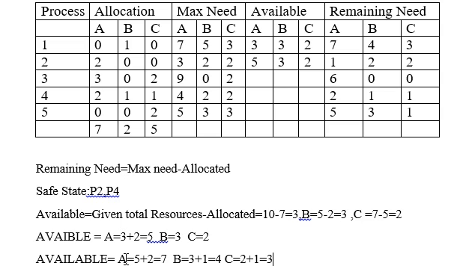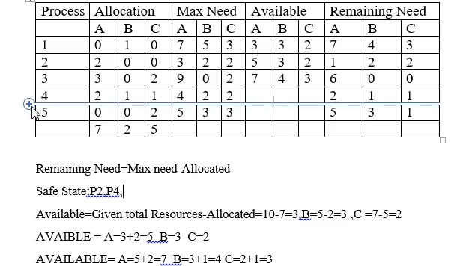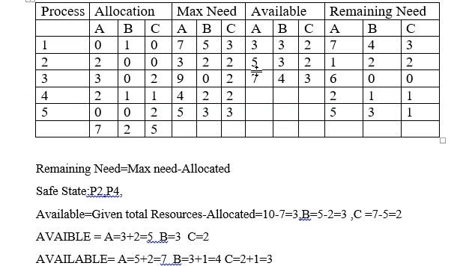So your new values of A, B and C are here. A is 7 available, B is 4 available, and C is 3. Alright, so we have already done 2 processes, so we'll check for the next process. Can we serve process P5 next? Because available we have is 7, remaining need is 3, so we can. Here available is 4, remaining is 3, we can. And here again available is 3 and we need 1, so definitely next would be your P5.